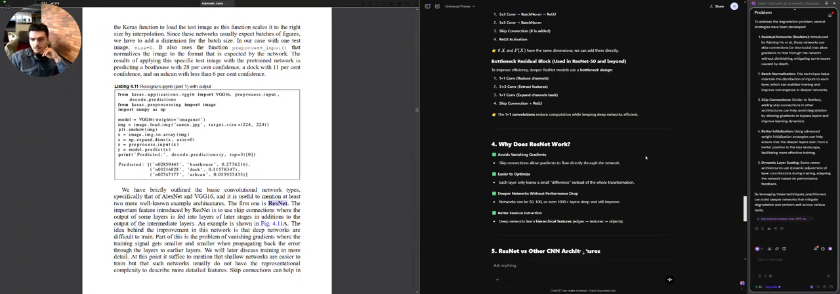Why does ResNet work? It avoids vanishing gradients. Skip connections allow gradients to flow through the network, and it is easier to optimize since each layer only needs small